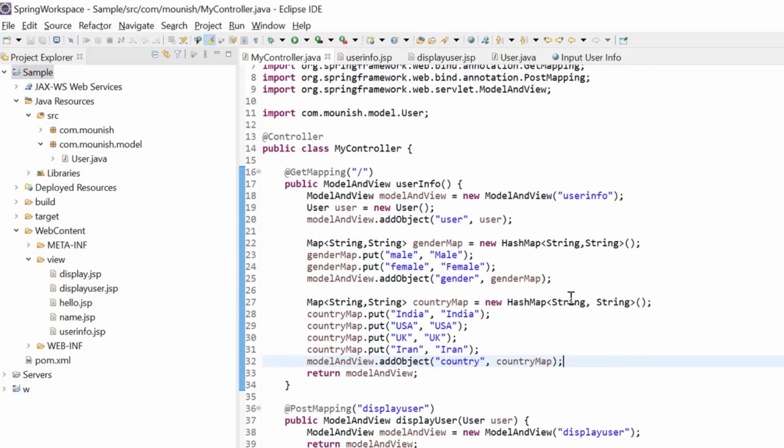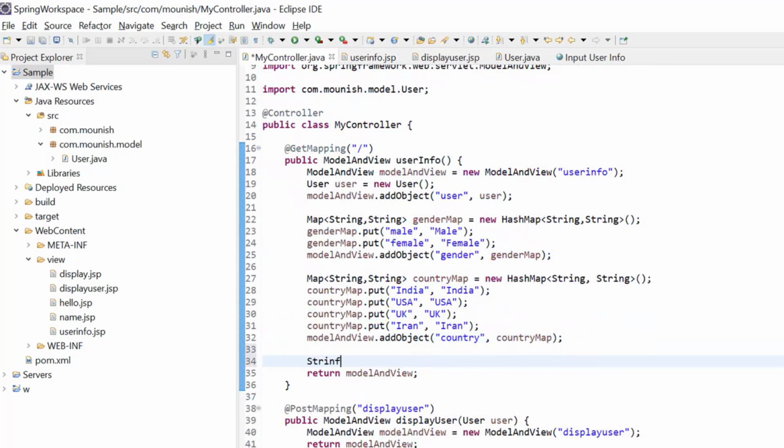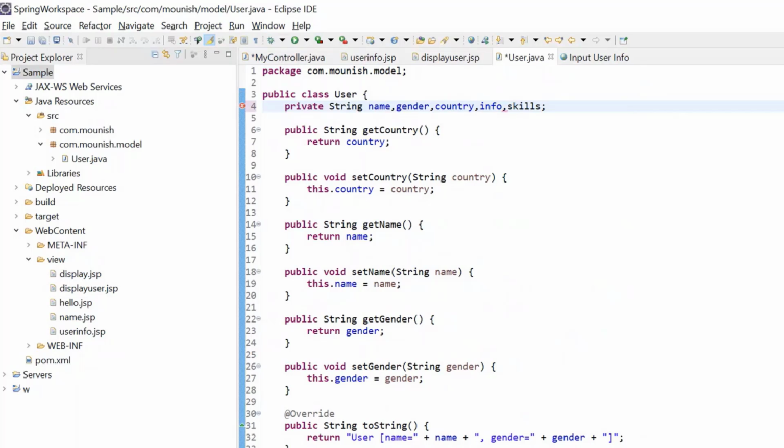After all this, now let me start giving the information. One for info, it is new String, like this, or else you can directly give two colons, that is also enough. Okay, before that, don't forget to add in the variables info, properties, and the other one is skills.